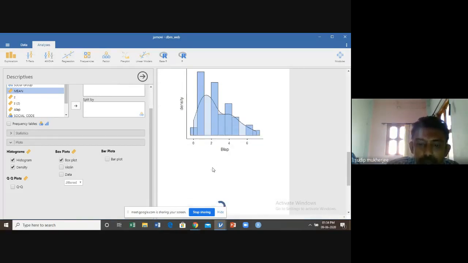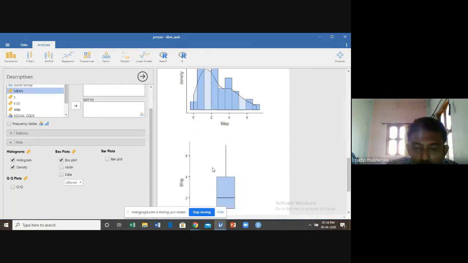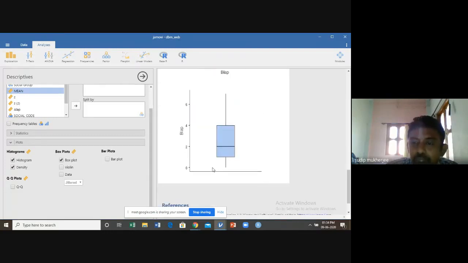Similarly, we can draw the box plot. With the help of the box plot, this actually gives you the nature of the concentration of data, or the quartile views. This is the median value, the second quartile. So the first quartile, second quartile, third quartile, and the fourth quartile. These particular diagrams show you the concentration of your data.